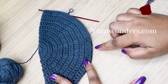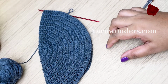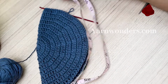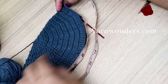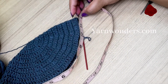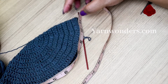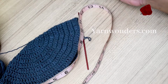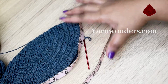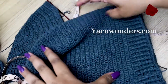The total length of the beanie that you want is 11 inches. Let me just show you how much the circumference measures now. As you can see, it is more than 11 inches now. Okay, so the first row of repeat always is more like an increase row in double crochet, because these are relatively loose stitches. Okay, so now the total length of the adult beanie that you want is